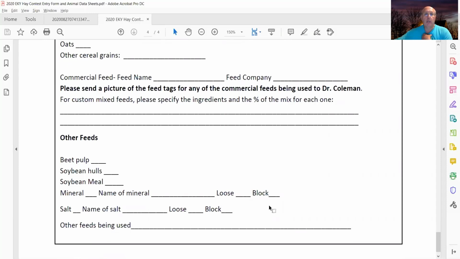So this is a very quick look at the paperwork that you'll fill out for every sample when you take the sample and enter it into the hay contest, or not, because some of these you choose not to have in the hay contest, and that's fine. Now, what I would like to do is introduce the idea that is new this year, and that